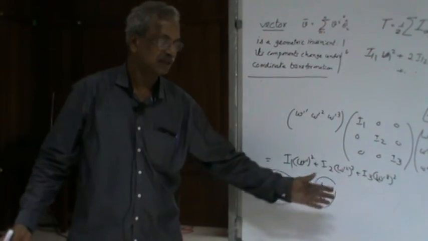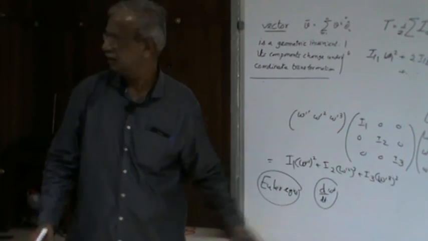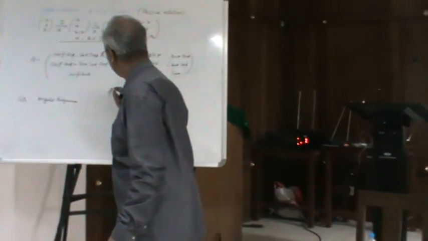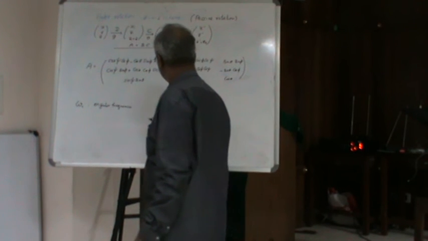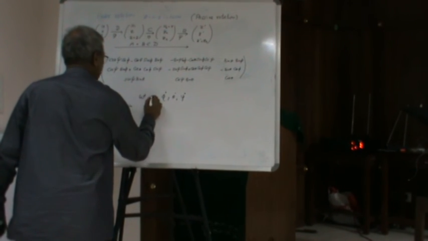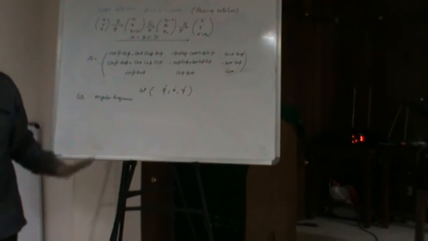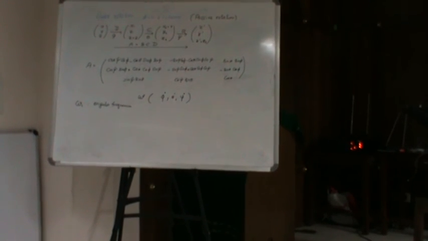So to make the connection between them, the first thing we have to do is to express omega j's in terms of these 3 angles, phi dot, theta dot, and psi dot. Omega j as a function of these. This is what we do. That's why we need this matrix. So don't erase that one. We will use that tomorrow. So what we have done here is we have found